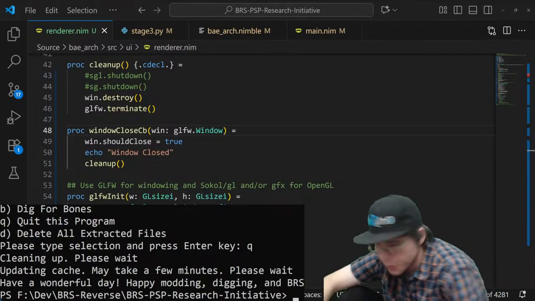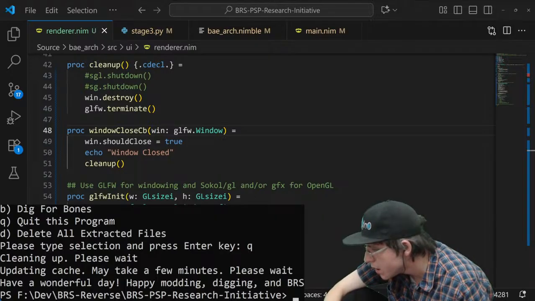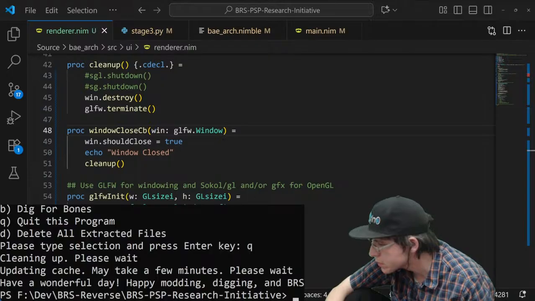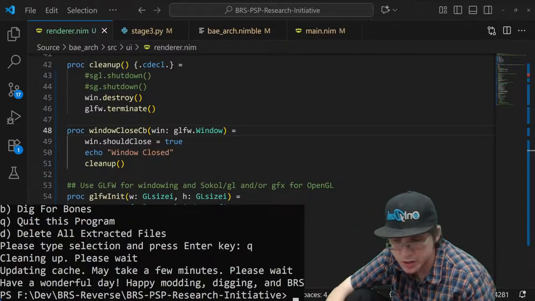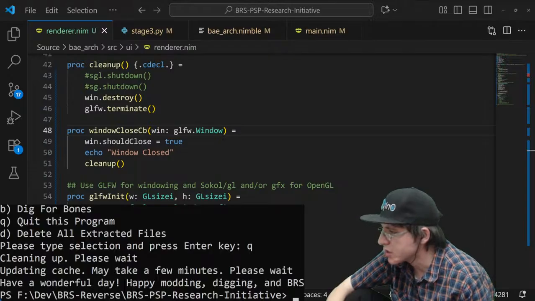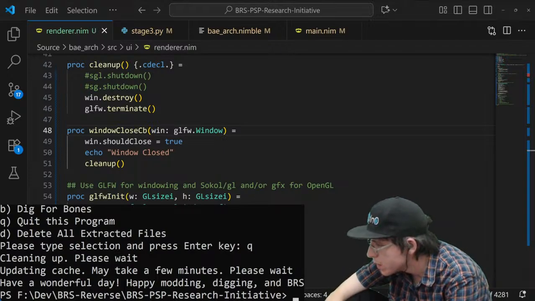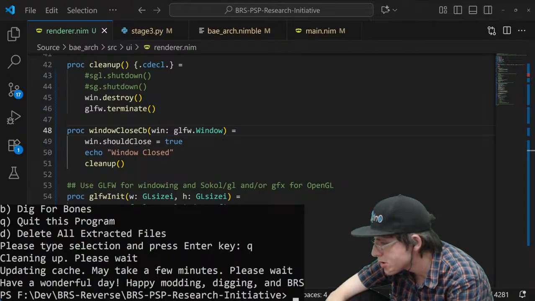Maybe there's like a config I can do. Not what I'm looking for. Don't like mouse button though.